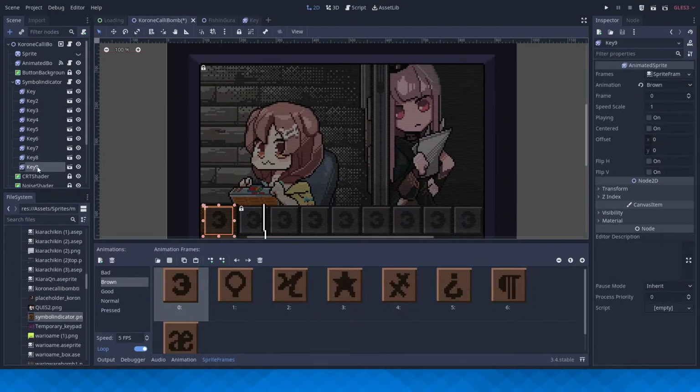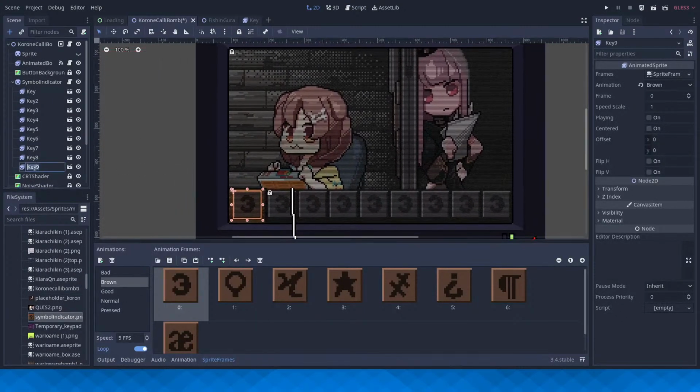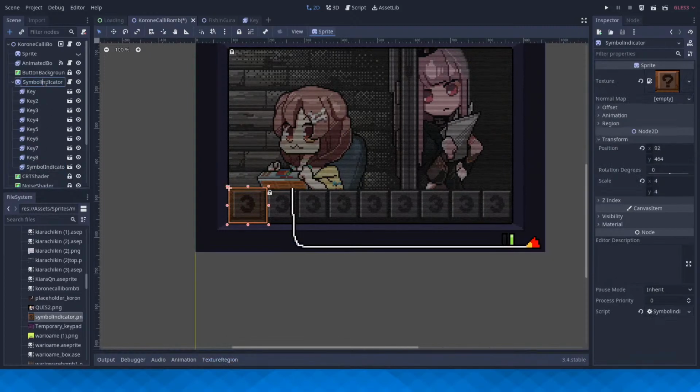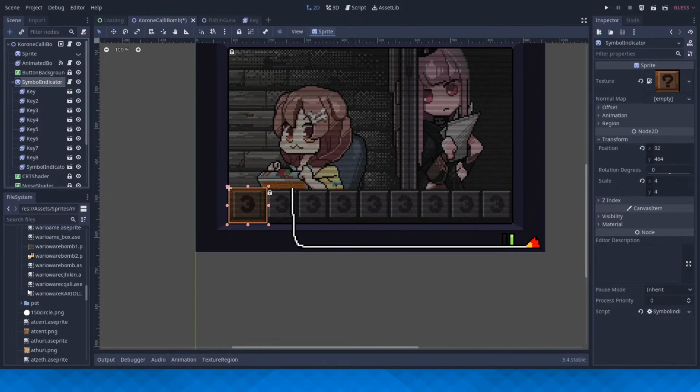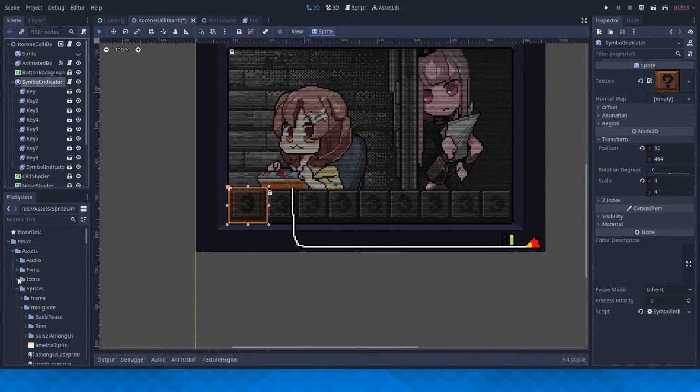Also, key 9 should probably be called symbol indicator sprites. Right. And I want to recapitalize that. Where's the scripts?